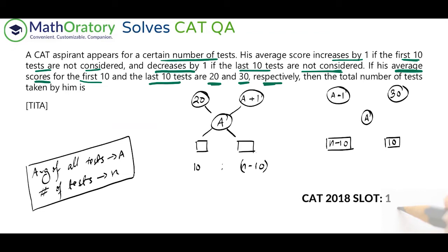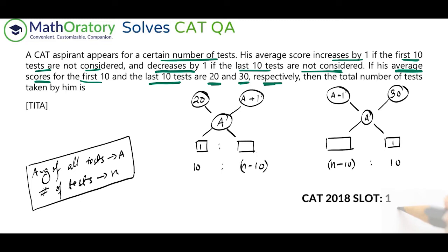One thing that we know here is this difference is 1, right? So this is 1 is to a certain number. We don't know as of now. Also, on this side, let's do the same thing. And here we have n minus 10, and here we have 10, right? So this is the ratio coming out to be a certain value. We don't know, but this is known to us. This is 1. So I hope you understand. A plus 1, A has a difference of 1. A minus 1, A has a difference of 1. In allegation, just the absolute difference matters, right? Now, the first thing that you should be able to observe here is that there's a parity, right?